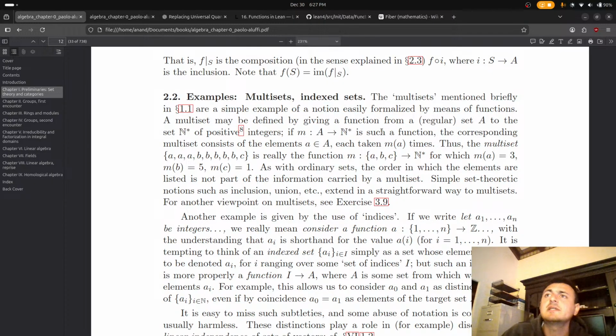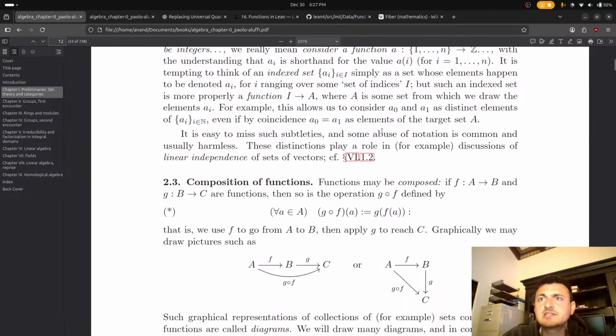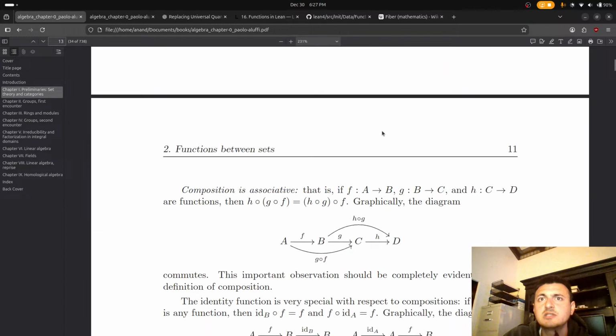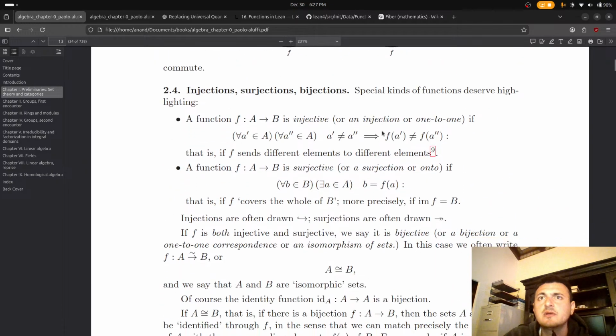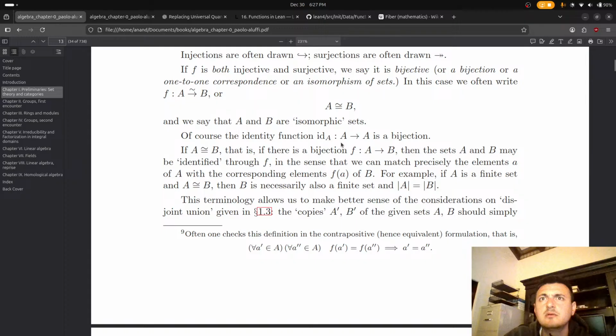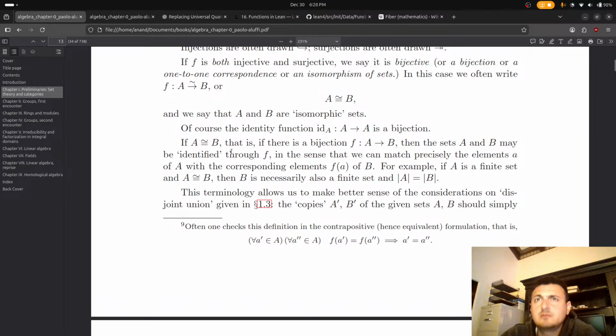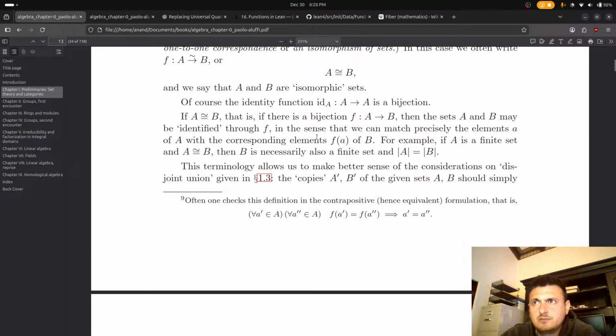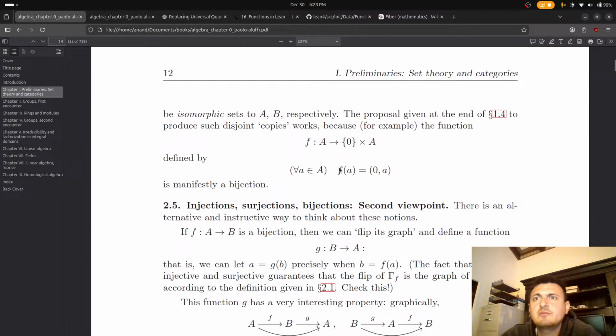Multi-sets, index sets. Yeah, let's skip this. We know this stuff. I just want to go to the part about the... If it's both injective and surjective, then it's bijective. But I want to see that part about the